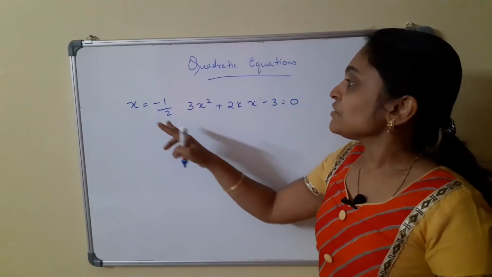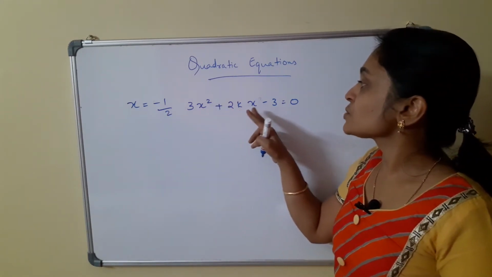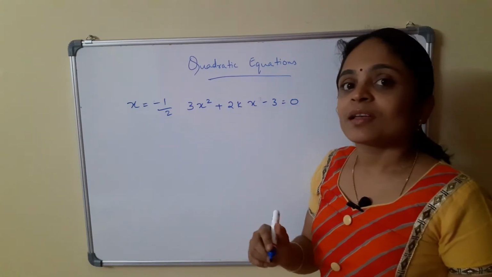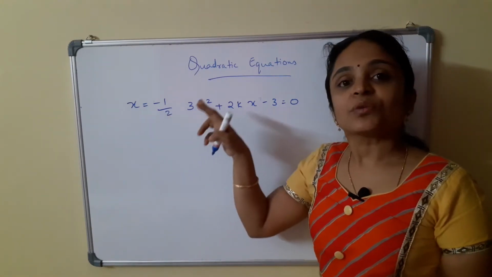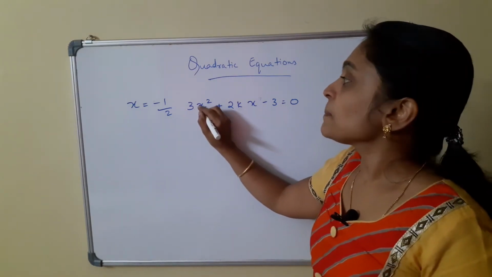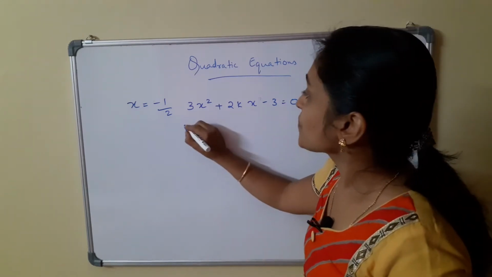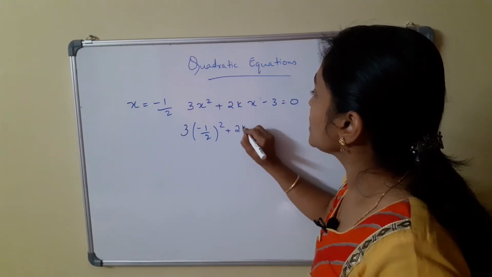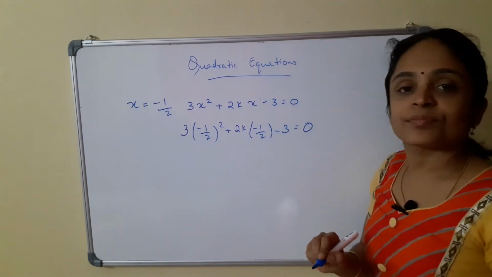Next question is, if x equal to minus half is a solution of the equation 3x square plus 2kx minus 3 equal to 0, then find the value of k. So how will you solve this? If x equal to minus half is a solution, then if we substitute minus half in place of x, this should become 0, right? So 3 into minus half square plus 2k into minus half minus 3 equal to 0,